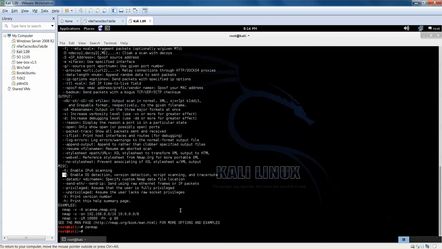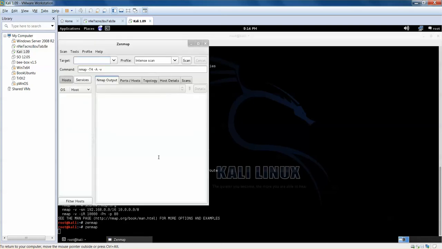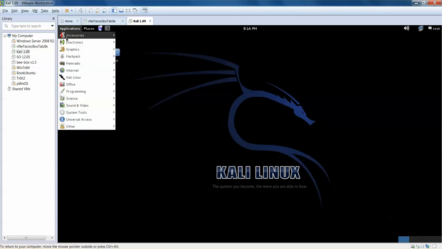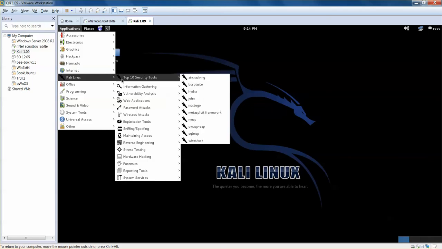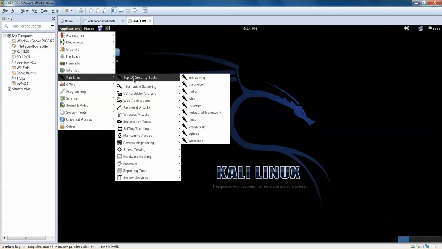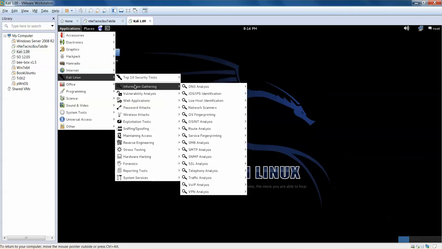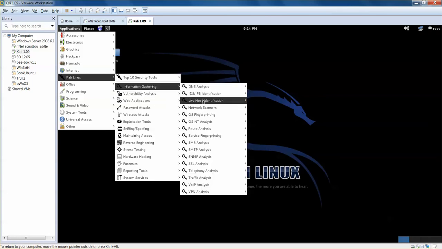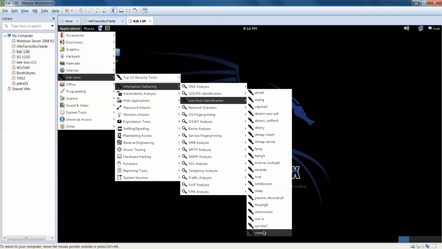So what we're going to do is we're going to launch Nmap directly from the terminal. One caveat is once you launch Nmap from the terminal, if you go ahead and close the terminal, notice the Nmap disappears. However, if you start Nmap from the application menu, then what's happening is you will have the advantage of using the terminal independently. Okay, so we're going back to the information gathering, live host, and if you notice, you